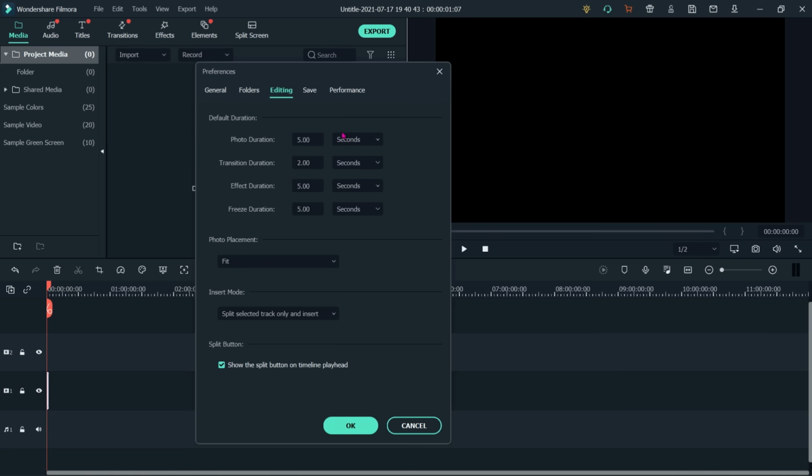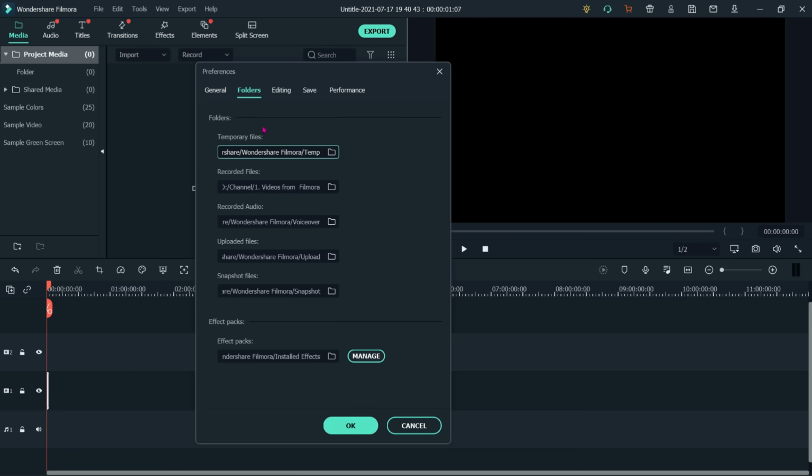Default duration means when you are placing your photo or using a transition, any effect or freeze, the duration. The default duration is 5 seconds, and when your photo is placed, whether it will be fit, crop to fit or pan and zoom. These are the default options. Or insert mode, split selected track.